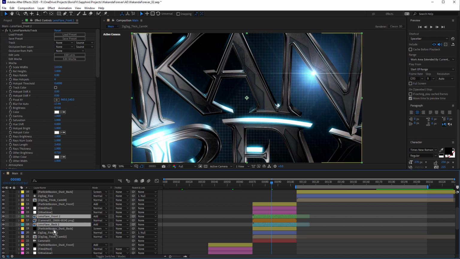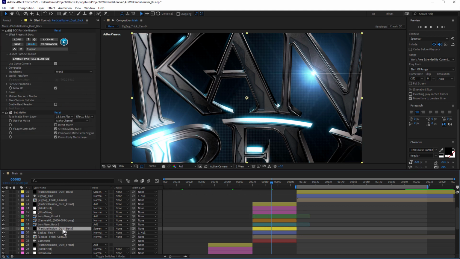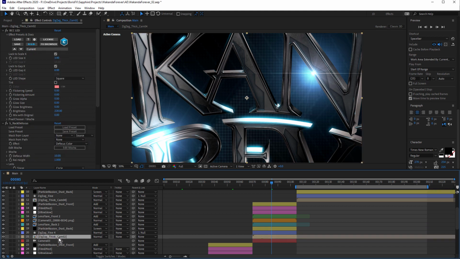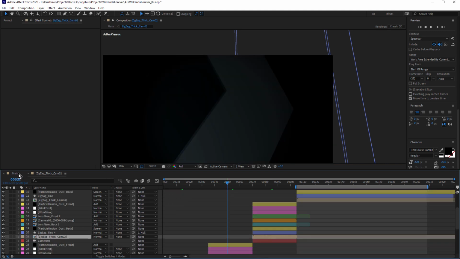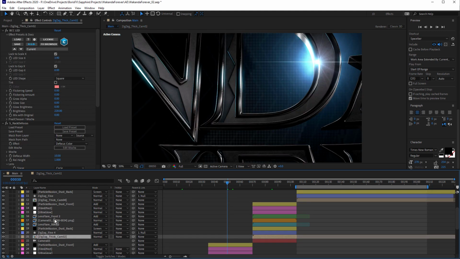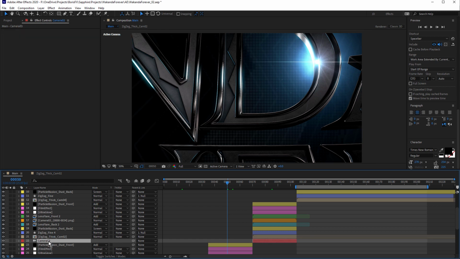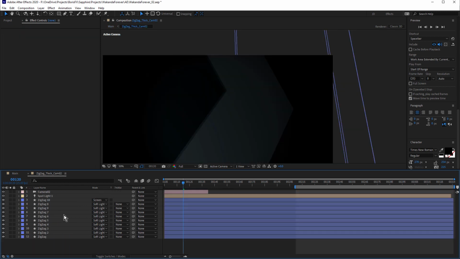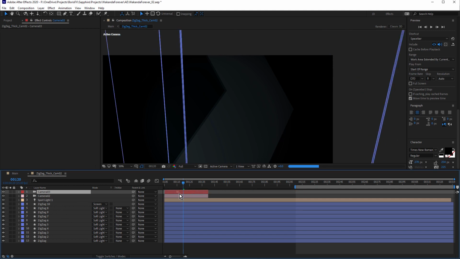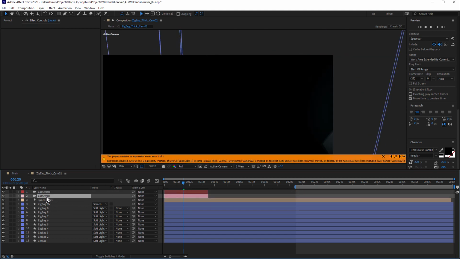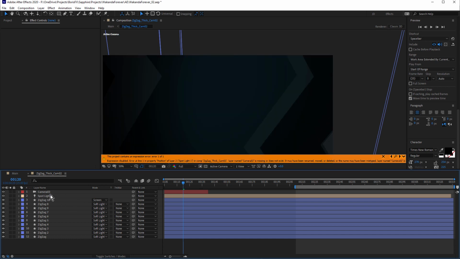Let's just check out the background as well. So this is zigzag thick camera 2. Of course, I need to use camera 3 in here, so I'll just quickly grab camera 3. Let's copy that, paste it into here, and I'll bring that back to the start like that. Delete camera 2. And I'm going to get an error message because I used an expression to link that to the camera. So let's just go into